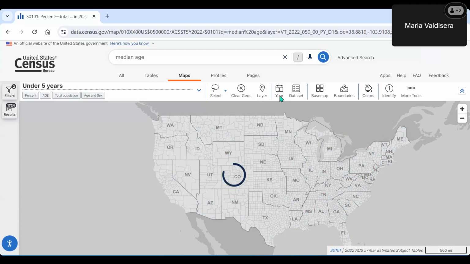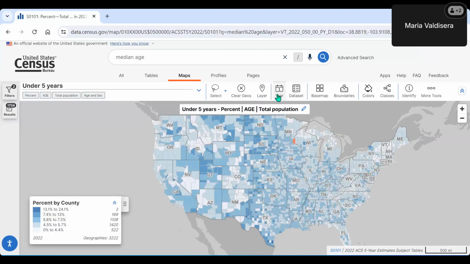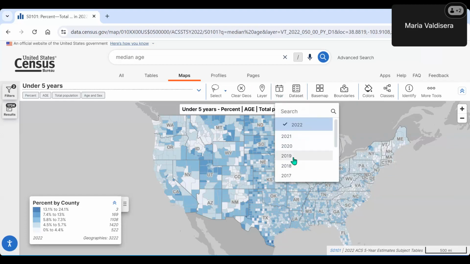And if you want to change the year that this data is being displayed from, we also have the year. Particularly, it goes back to 2010 for the ACS in data.census.gov. So once that loads, I'll be able to show you, but this is the full map here. If we click on the year button, you can see that, yes, this goes back to 2010.